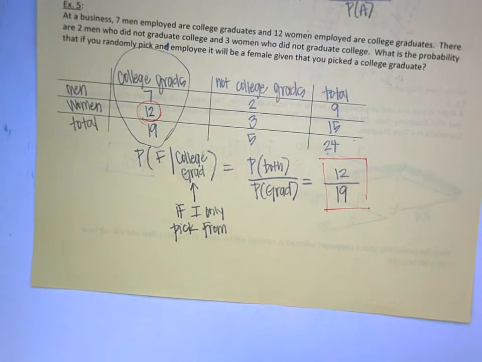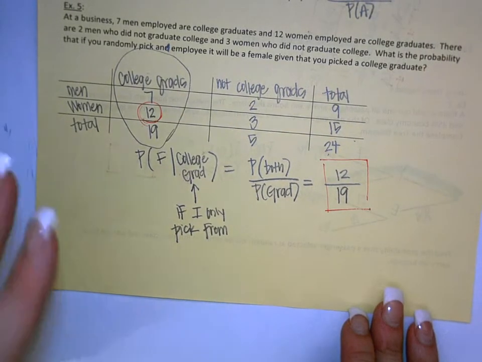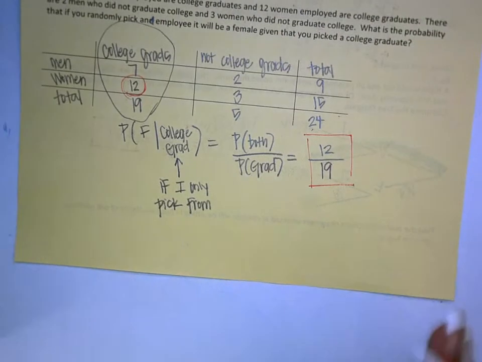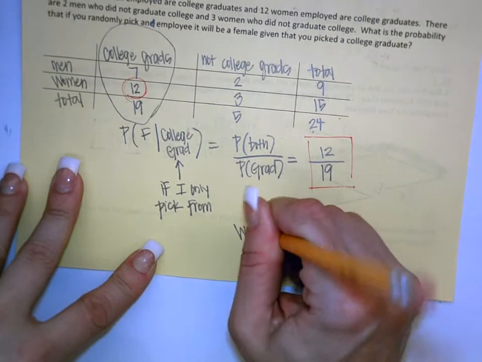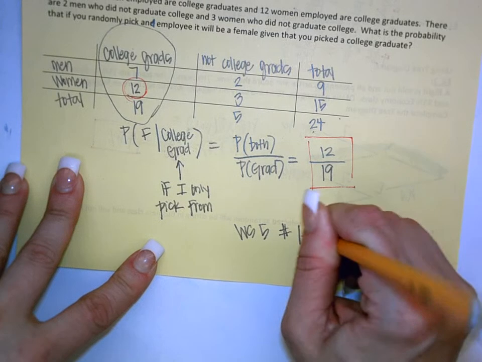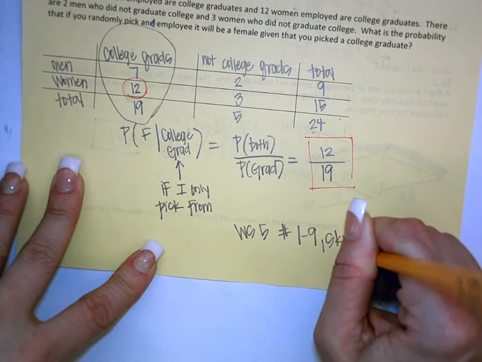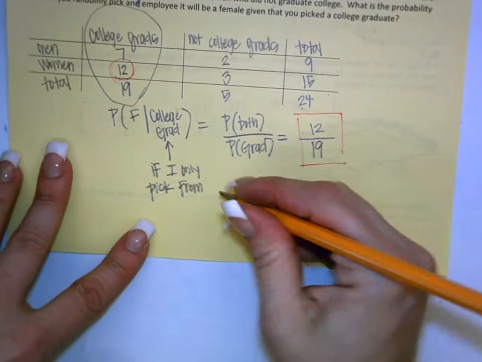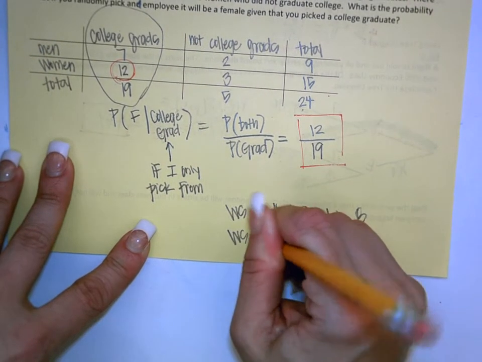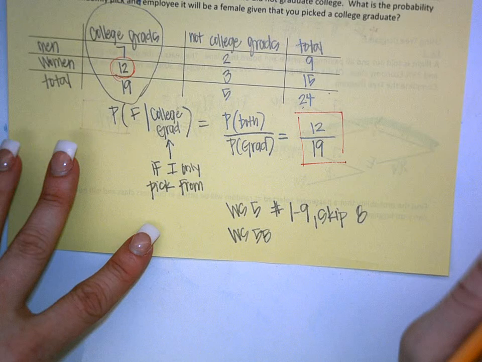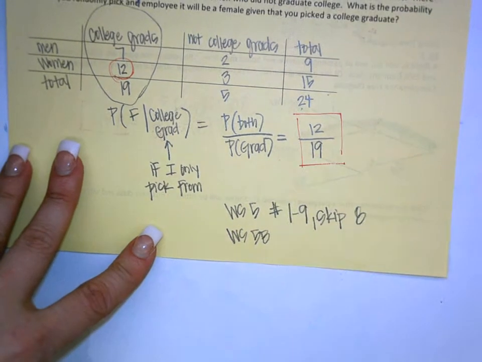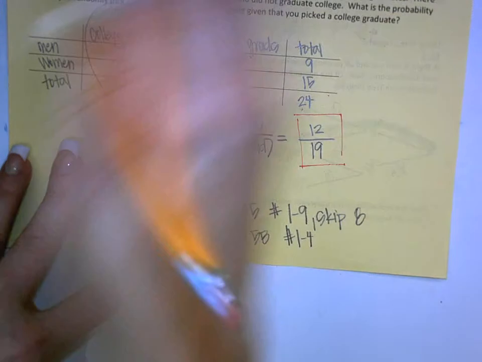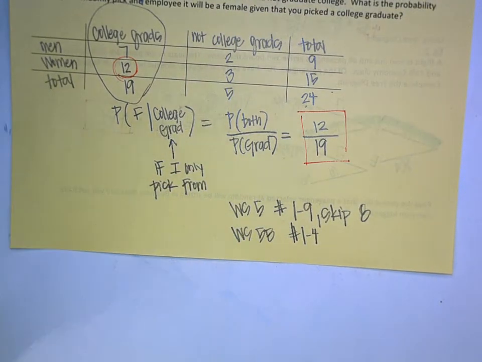Make sure you use these notes when you're doing your homework. Your homework for this has 2 parts. The first part is worksheet 5 that's in your packet. You're working on numbers 1 through 9, but skip number 8. You're also skipping number 10 technically, but I didn't assign it to you. As well as worksheet 5B. You do not have worksheet 5B, so you need to pick it up. I will give it to you. And you're only doing numbers 1 through 4. 5B is going to be a lot of these charts. You also have a quiz today. So what you're going to do